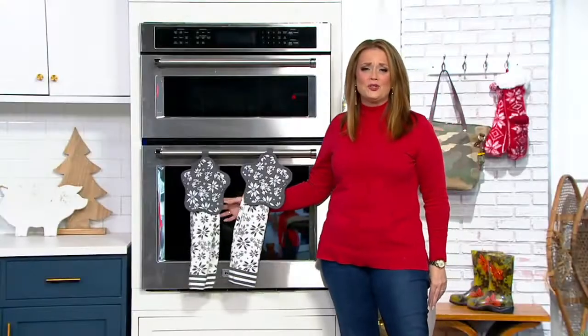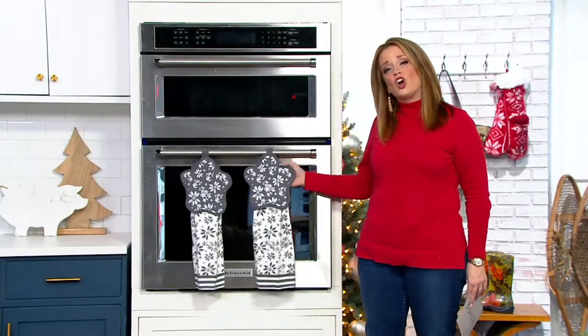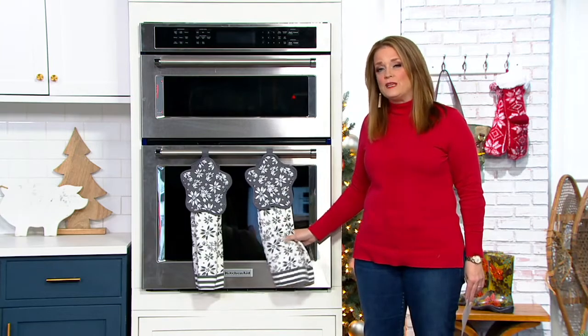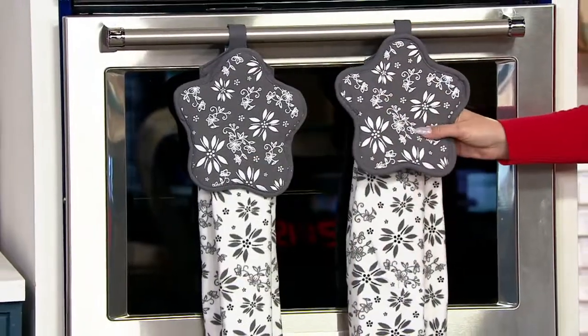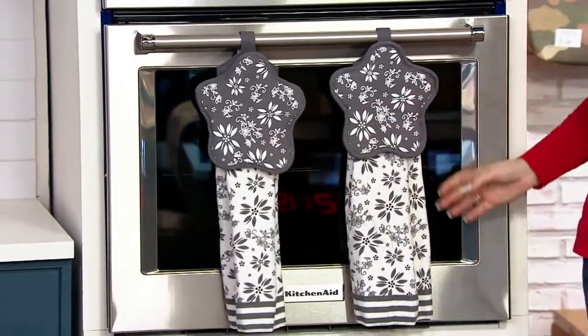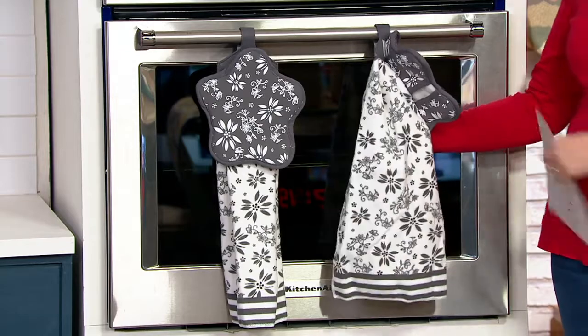A look at this set of 2. It looks like a little shooting star. They're so sweet. It's a set of 2 classic kitchen towel and mitt set. Now, you're getting the 2 mitts that you see here, that beautiful star shape, and then the kitchen towels attached